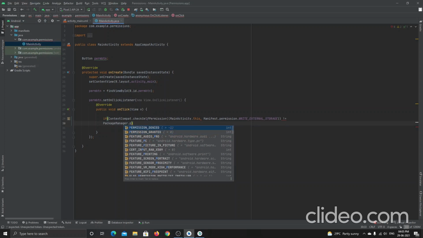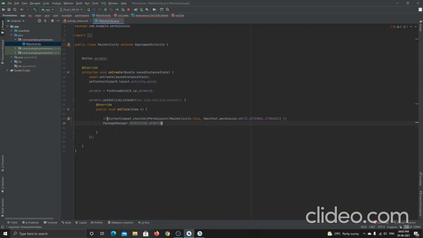See, these are the two things: permission denied and permission granted. Let me choose permission granted. Let me explain once again what this if condition does. It goes into the application and it checks for the permission.